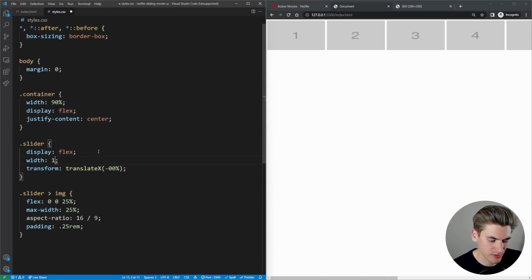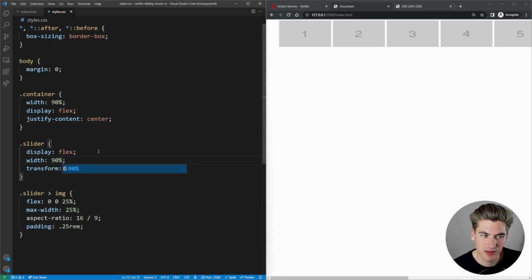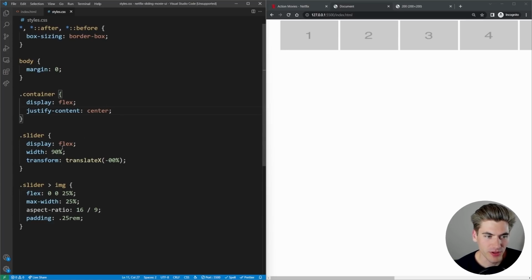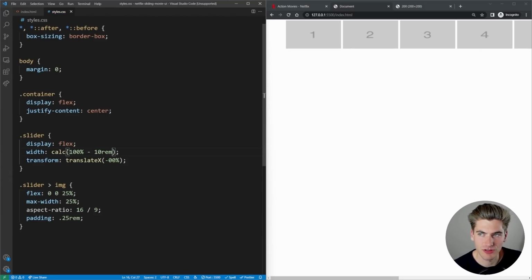Make sure this has a width of 100% maybe, or 90%. Let's get rid of the width on that. So we have, yeah, okay, width of 90%. Okay, this looks perfect. So we essentially have 5% overlap on both sides. Or if we wanted to make it a set size, we could do a calculation here where we do 100% minus, let's say, 10 REM. That might be huge. That looks pretty good. So now we're saying our left and right side are always going to be 5 REM each.